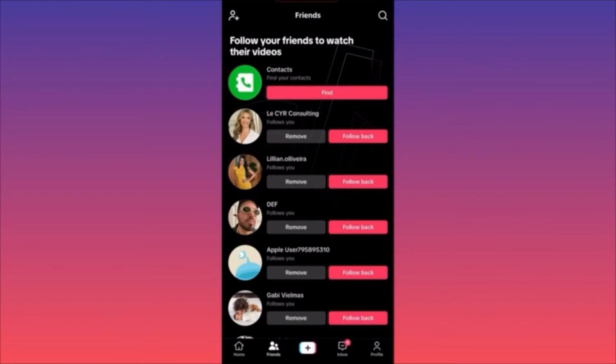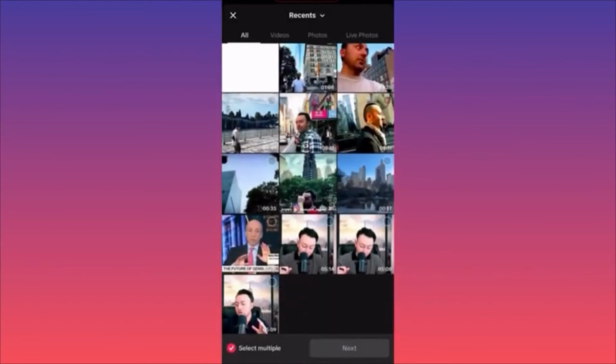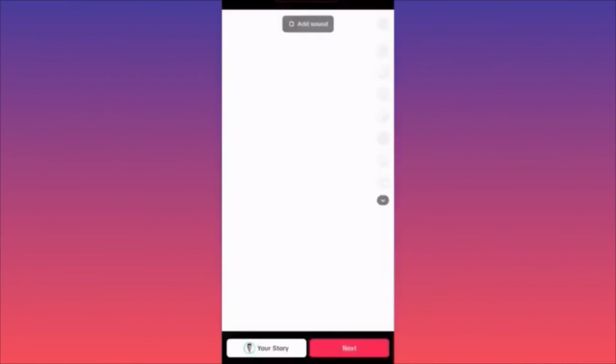The next option will be the plus sign. This is essentially where you're creating a new post. When you click at the plus sign, well, you have plenty of options. You can simply select anything that you want to upload. Let's pick this random white page. Right on the right side, you have a small menu where you can change things.